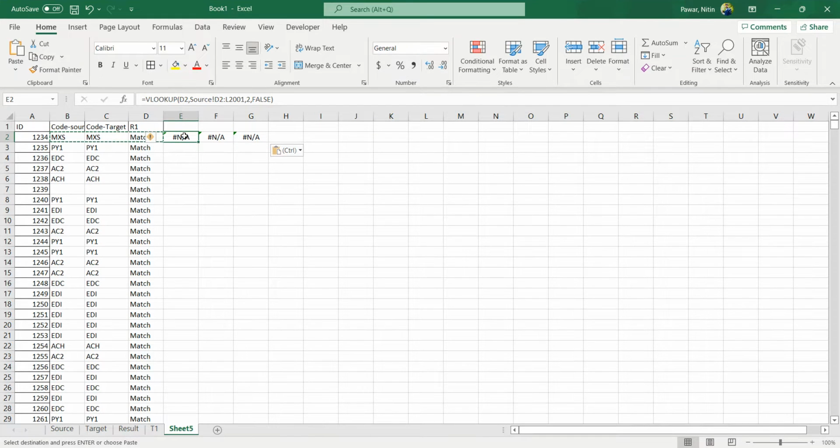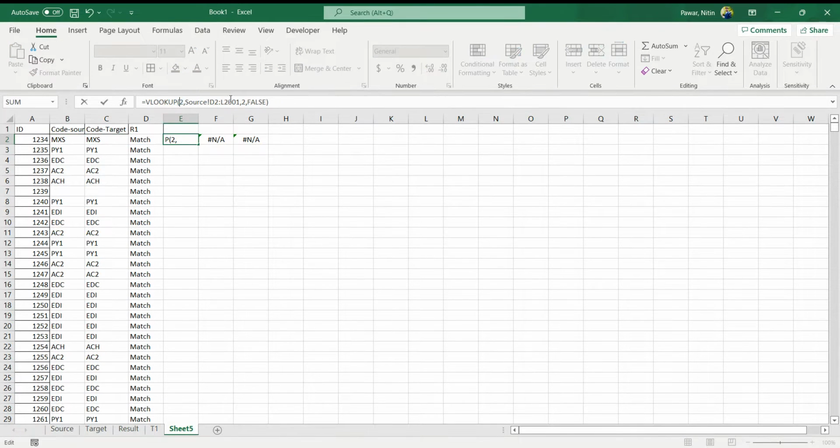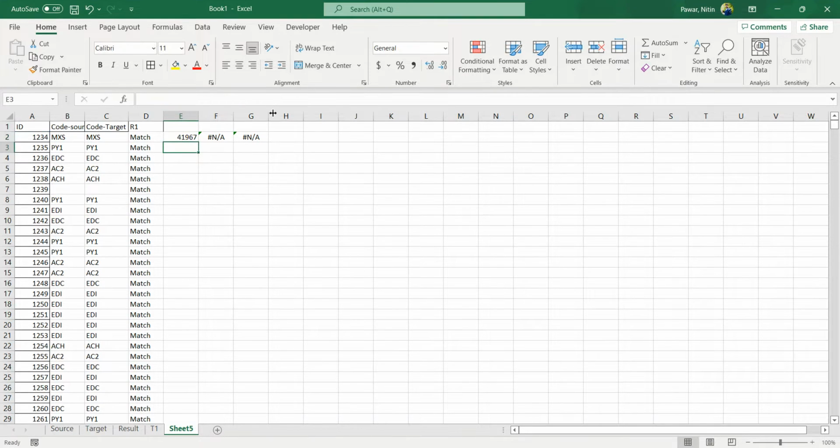So I'm selecting that A2. The table array has also increased, but we know that our table array starts from A2 till I2001, and this time I want to find the third value. So I'll change that column index from 2 to 3 and just enter, so that it will give me that